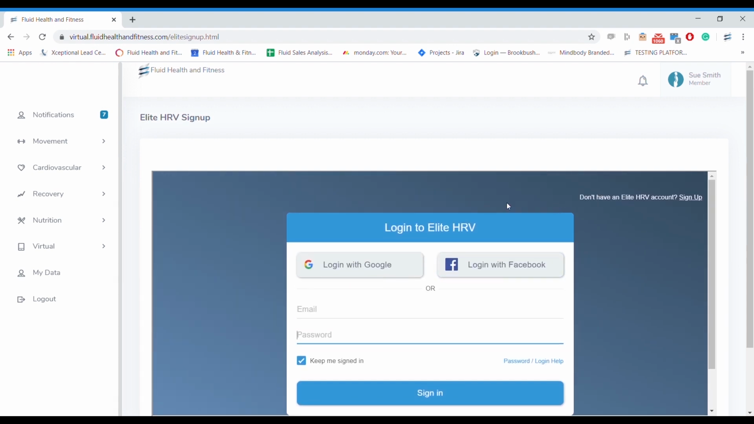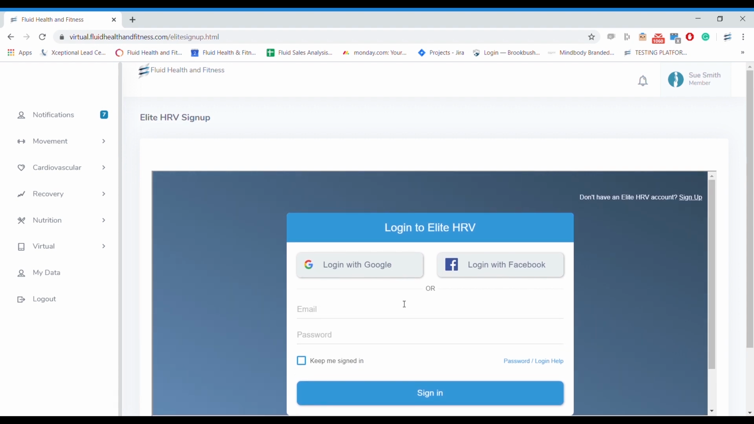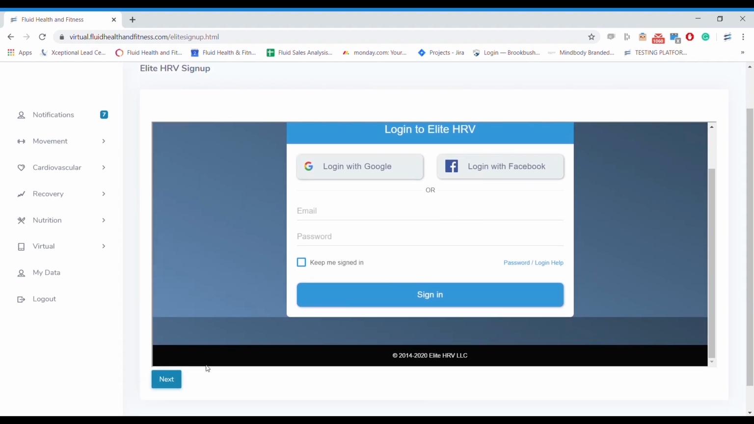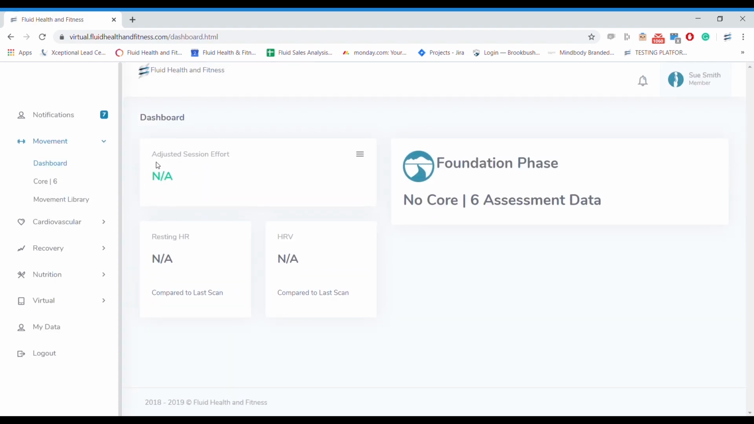Once you actually log in though and you create the account, you can sync it by adding your email and password. Make sure to select this Keep Me Signed In and then hit Sign In. It will ask you to authorize your account and sync it with the Fluid app, and then you can hit Accept, and then it will allow you to see your heart rate variability scores in the dashboard component of the site, where if you have done the test, you can refresh the page and it'll show up and give